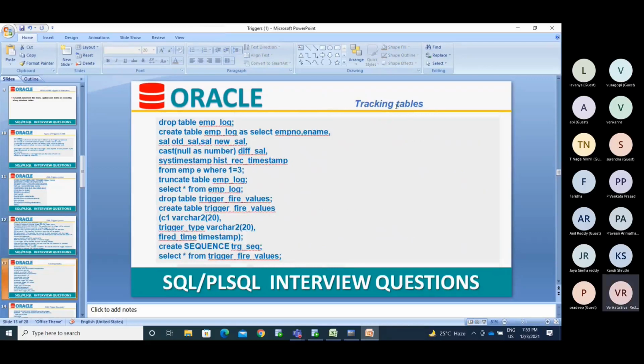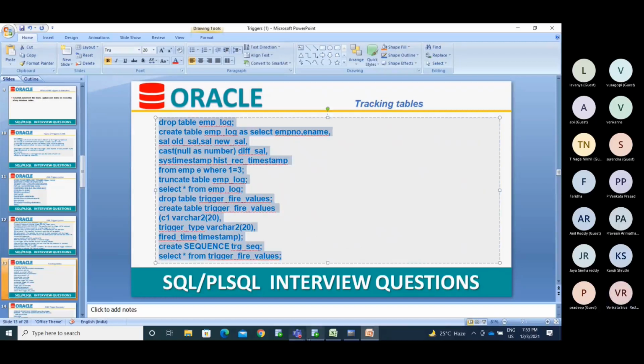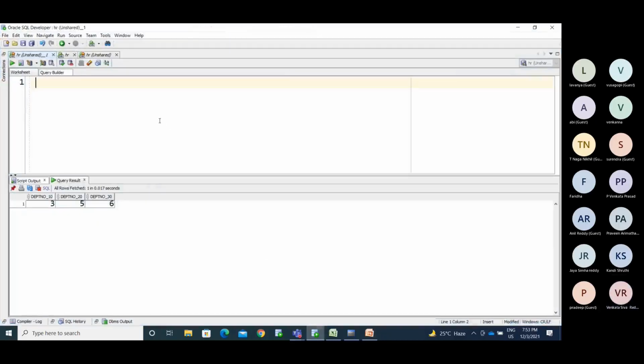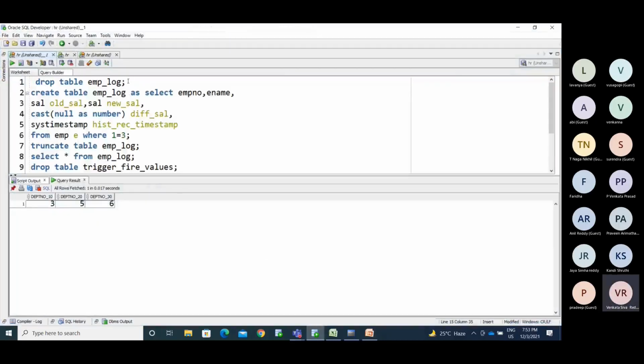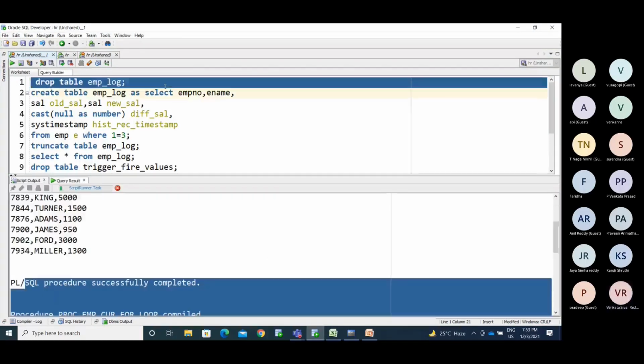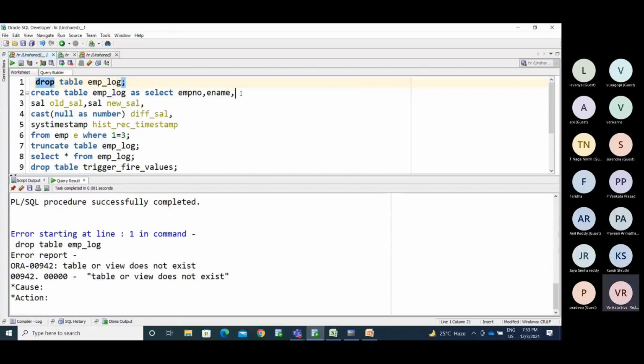Okay, tracking tables. Now I'm maintaining a log table with old salary, new salary and difference salary.